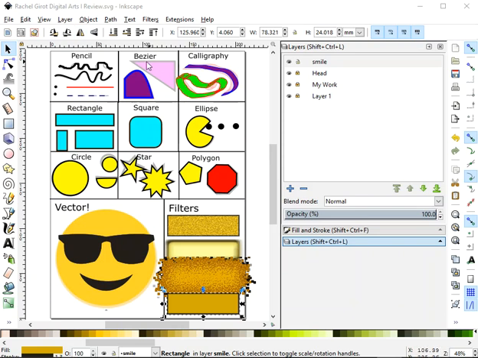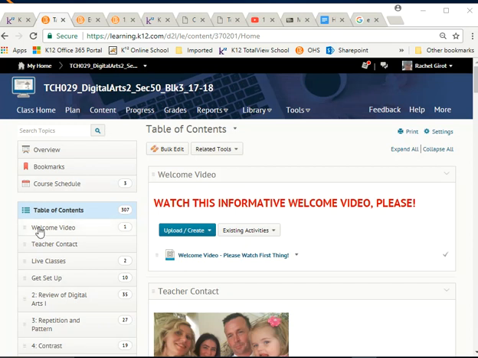Our goal at the end of this class is to show that we can use the Bezier tool, the pencil tool, calligraphy, rectangle, square, ellipse, circle, star, polygon, that we can vector and use filters. There was one more that we didn't cover, and that was the gradient tool as well. So I'll also show you how to use the gradient tool in this tutorial, and that we know how to use layers. Basically what we're doing today is just reviewing DigArtsI 1 to make sure that you do know how to do